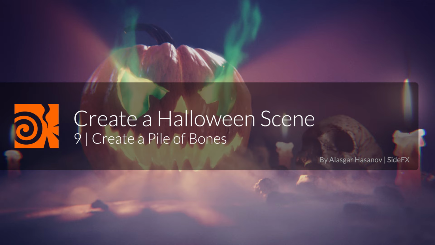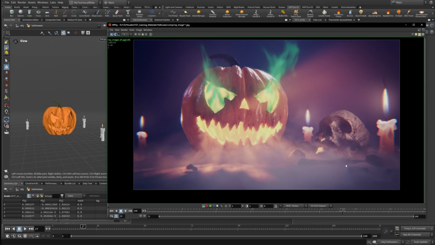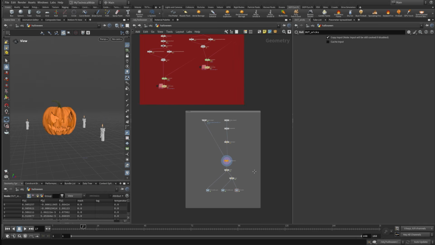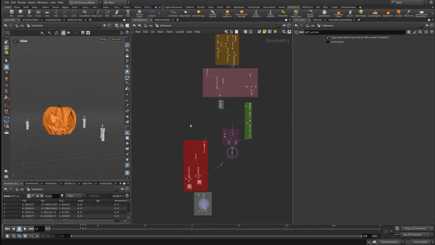Welcome back. In this part, we will create this skeleton and bones simulation. So they look like they've just been fallen and laid out in a very organic way. So before we get into that, I wanted to talk a little bit about the camera for the scene and